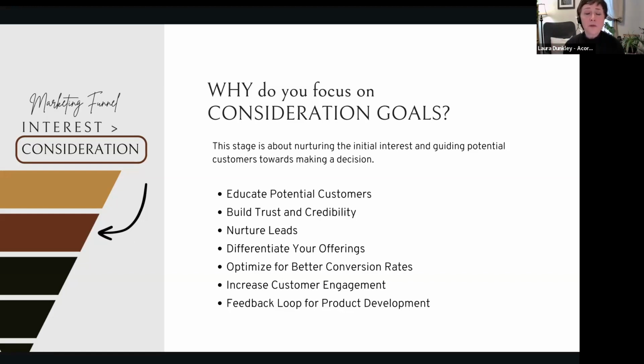And then feedback loop for product development. So for sure, consideration goals, getting feedback from the sales team, getting feedback from your information. Is the product right in the first place? If you are the marketing team and your product is substandard and customers are coming back, you might want to start actually giving information back to the product team. If you're a small retailer, perhaps you choose a competitor. But if it's getting stuck, they're not selling through and they're not converting, maybe we do want to consider it from a foundational product standpoint. And all of those marketing can support, and they are things to consider when you're creating goals in that part of the funnel.